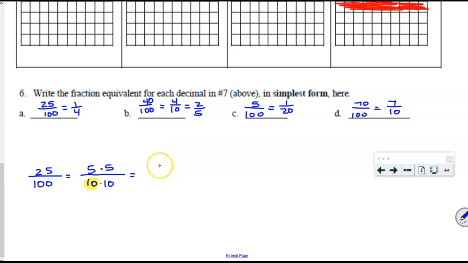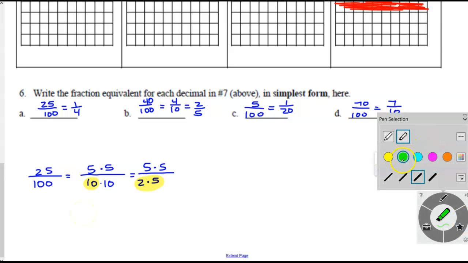So look at what I'm doing here. I have 5 times 5 still up on the top in that numerator. On the bottom, this 10, I'm like, hey, wait a second. 10 is 2 times 5. So I'm just rewriting that 10 as 2 times 5. And this other 10, guess what? It's also 2 times 5. So I'm going to write that again. Now,